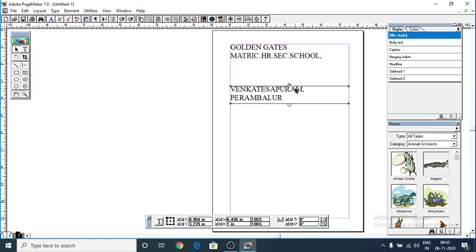The split text block contains a plus symbol on the top handle. So with the help of the plus symbol on the top handle, we can identify that this one is a split block from the first one. Next we are going to see